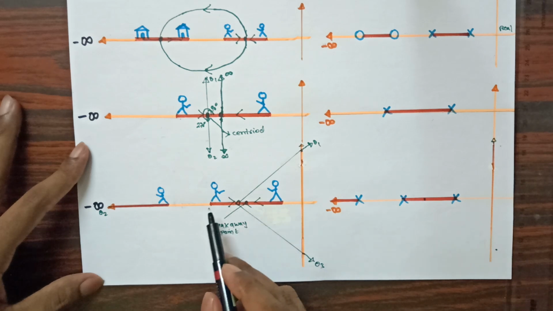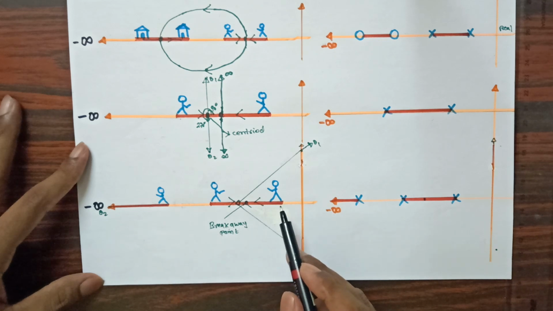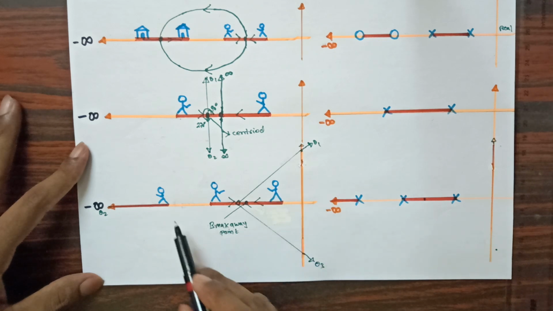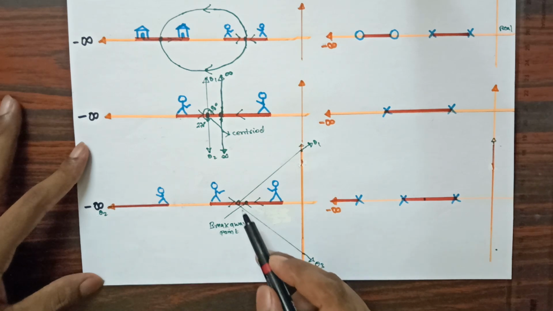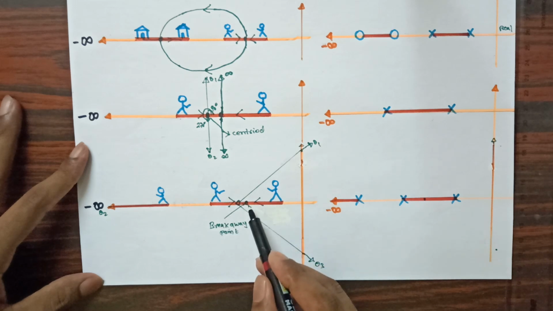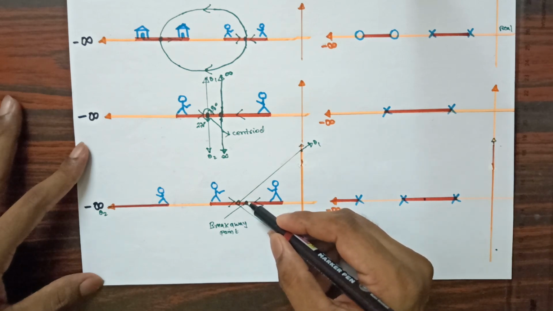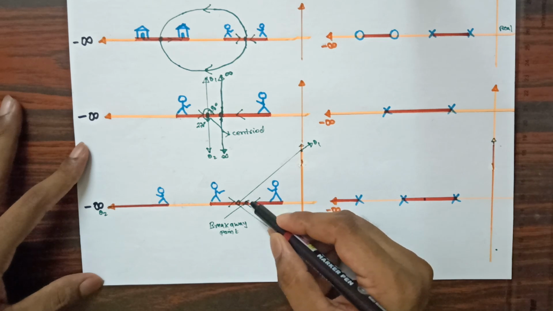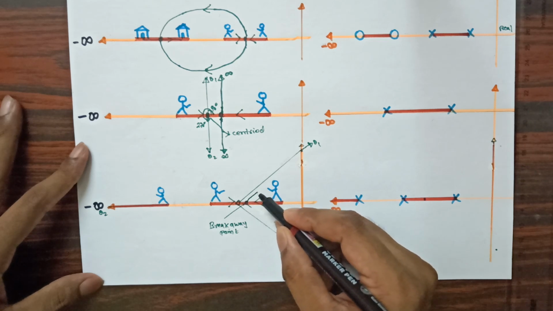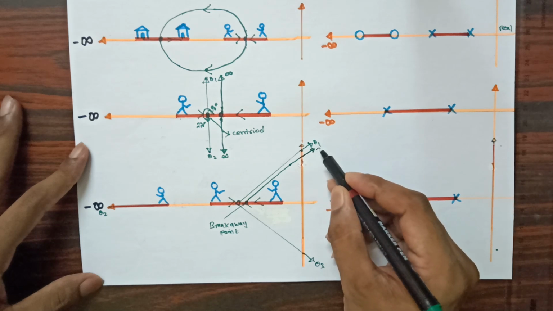Remember, when three persons are trying to move towards the infinite destination, you will get three angles: one angle will be 60 degree, the second 180 degree, and the third 300 degree. Now we know that these two, when they move opposite to each other, are going to meet at one point that we call the breakaway point. Once they meet at this point, they will come out, and this person will try to move at this angle, that is 60 degree, and then intersect the imaginary axis, and then move towards the infinite path.